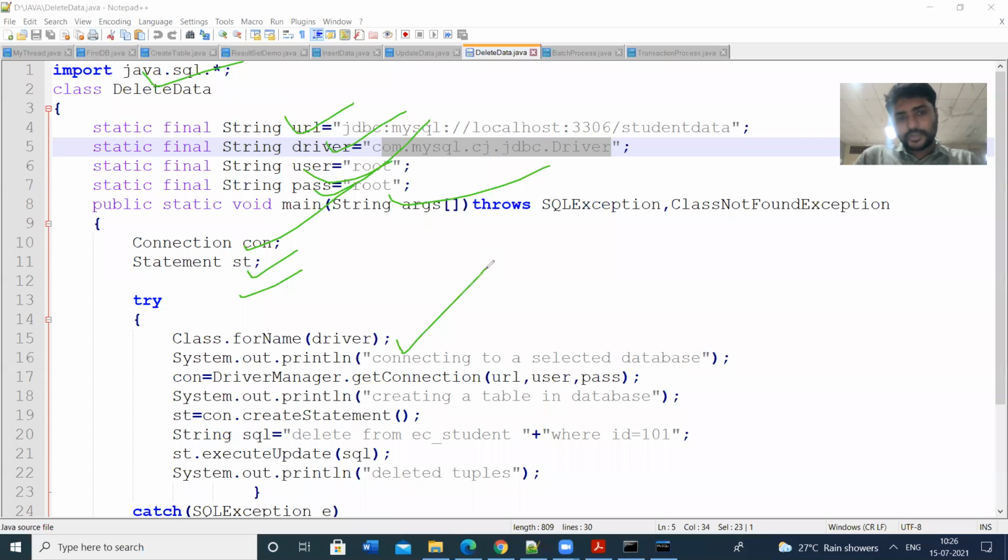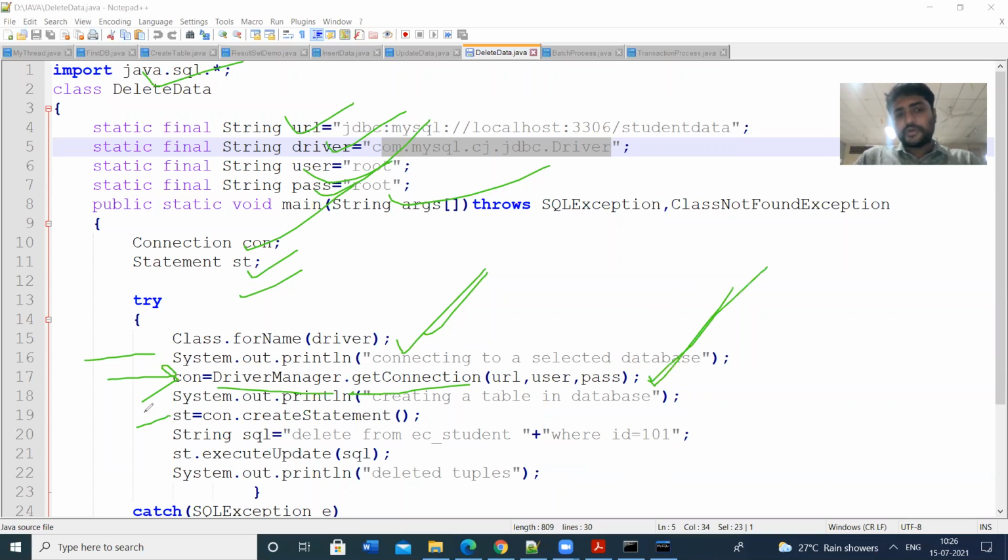In the try catch block, we can register our driver through the statement Class.forName. Next, we can establish the connection by using the getConnection method, which is available in the DriverManager class. To establish the connection, this is the statement you have to write.